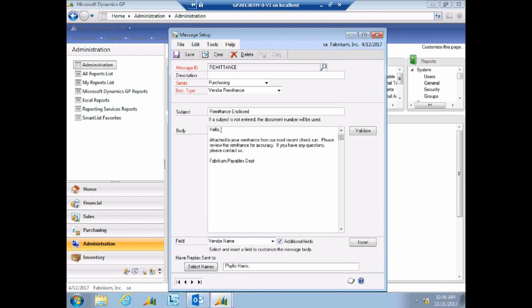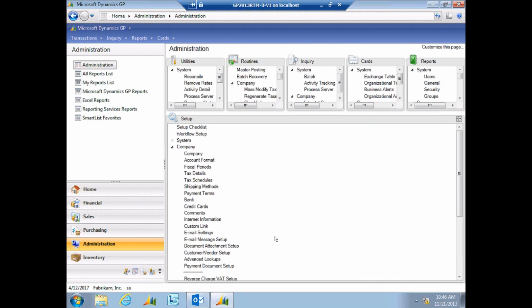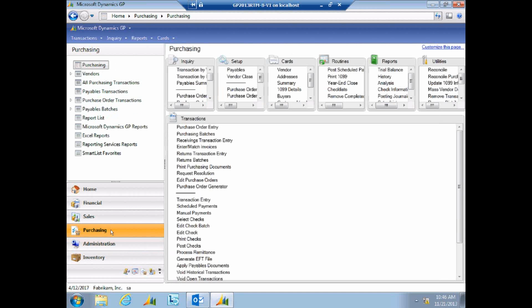All right, so here I can say hello and then insert the vendor name to make it a more personalized email. So we'll click Save there and close out. The next step you need to do to set up a vendor is go under Purchasing, and then under Cards,